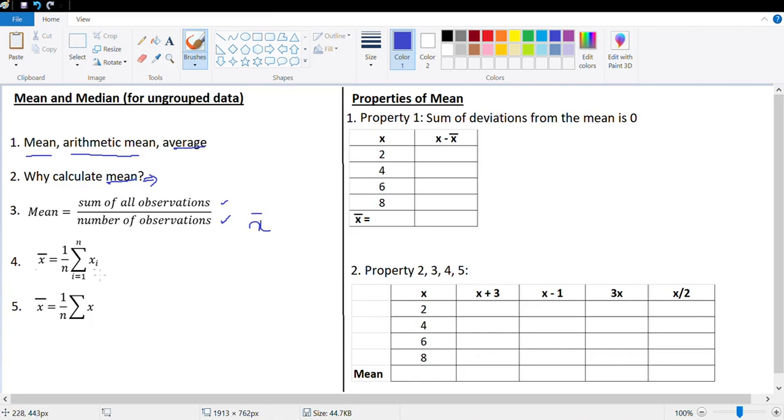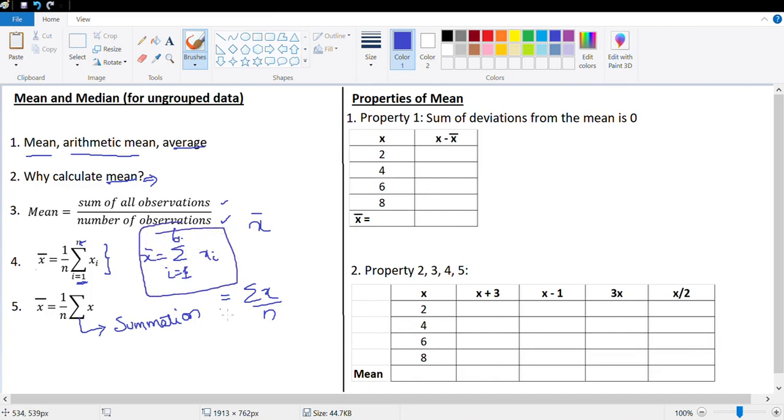The complicated way of writing it, the same thing can be written as mean is equal to 1 upon n summation of x. This is read as summation, right? So summation of x upon n is basically the mean. This is i going from 1 to n. So if i is going from 1 to 6, then you are looking at basically the sum of 6 numbers, right? So in this case, n is 6. That's basically it. Nothing else matters.